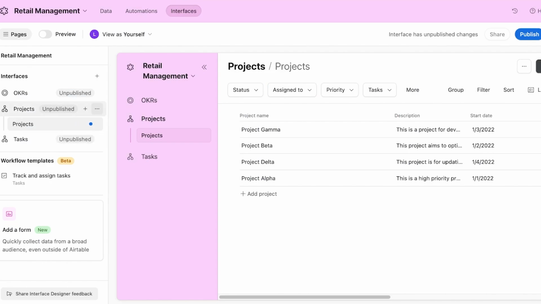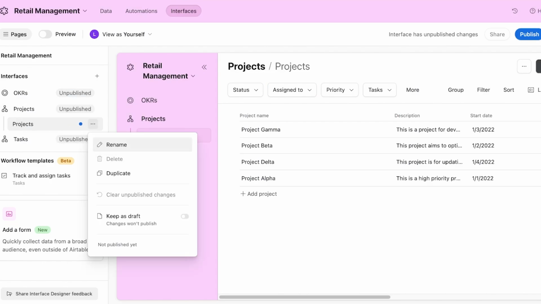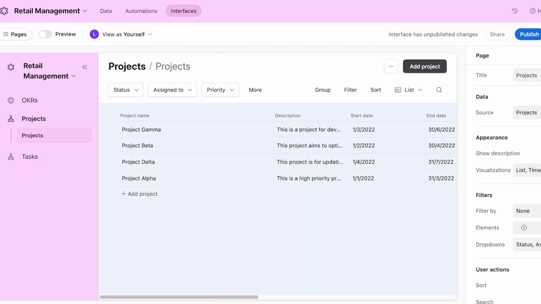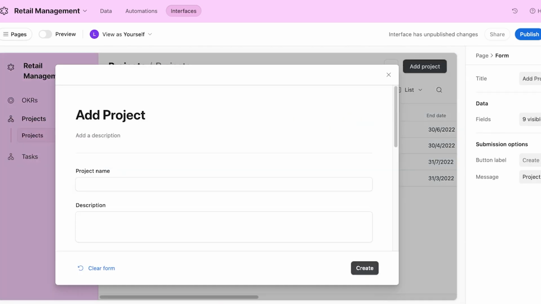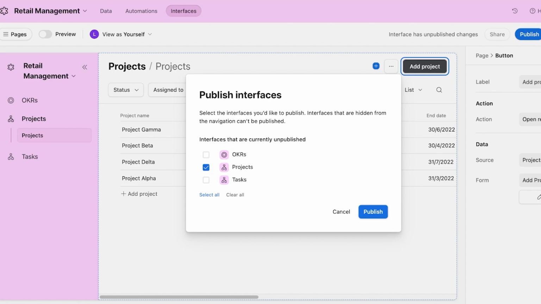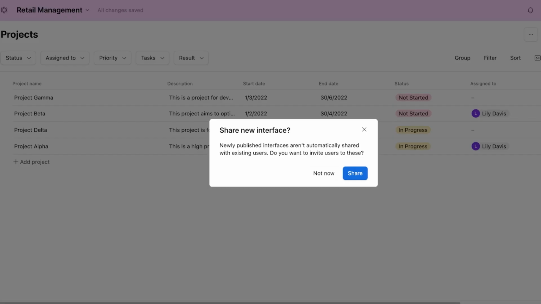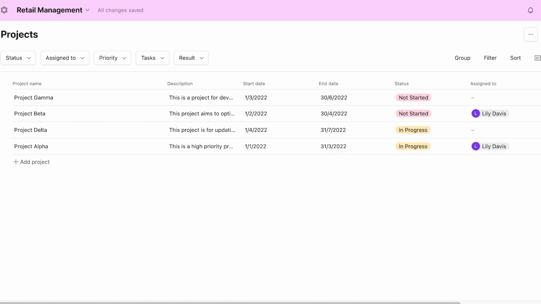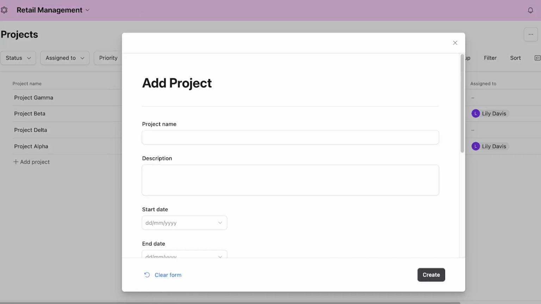Go into projects. Then I'm just going to take the projects that have been created, and then I can just click on over here and add my new project. I'm going to firstly click on publish, and I'm going to publish the interface. And once I've done that, I can go on ahead, click on add project over here, and I'll add my first project name. So let's say this is going to be for my cleansing balm